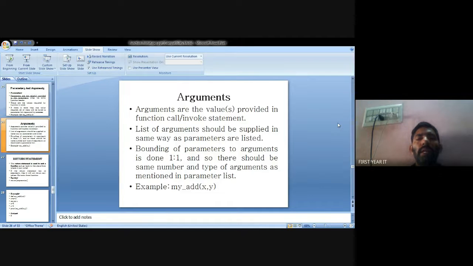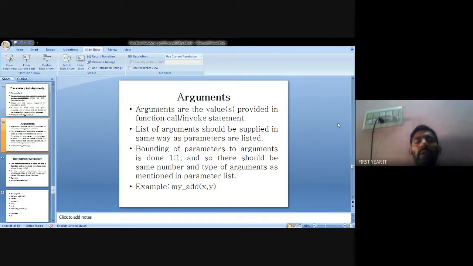So arguments represent the actual parameters, and there are formal parameters. The actual parameters are those inside the main function. Then the parameters declared in the subfunction are the formal parameters. Okay. The formal parameter represents the temporary parameters. Suppose I assign a equal to 10, and the formal parameters are x comma y.